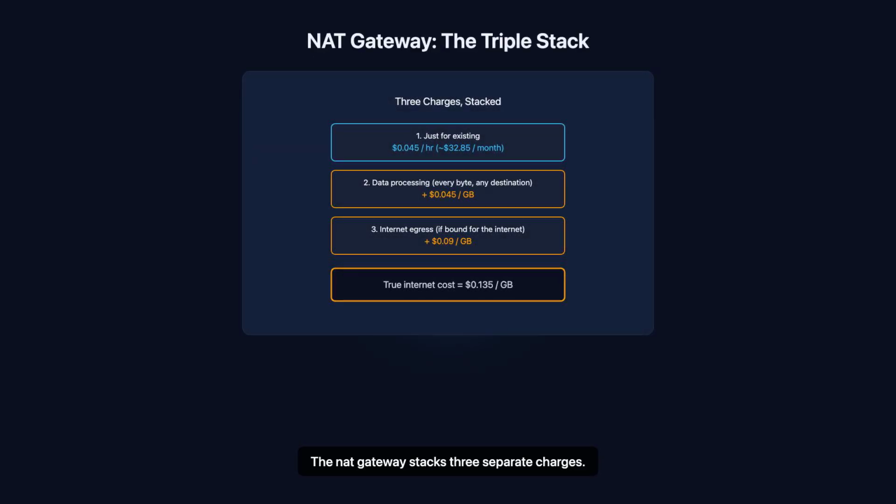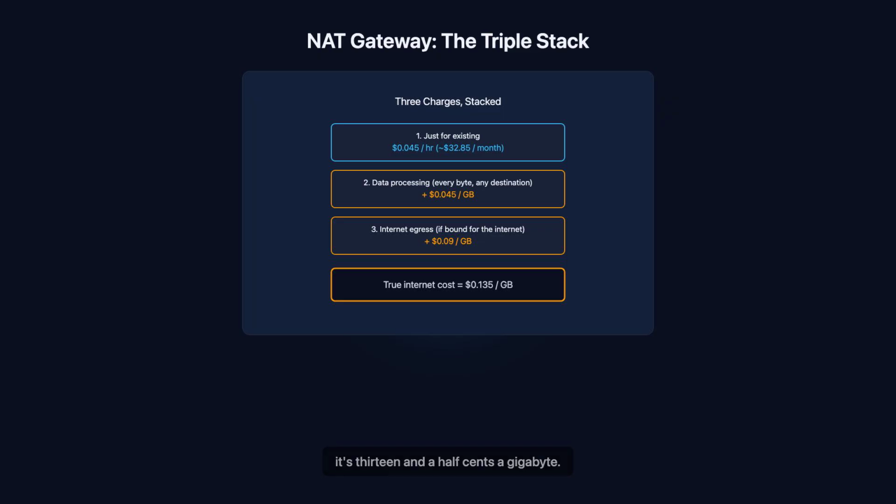The NAT Gateway stacks 3 separate charges. First, it bills 4.5 cents an hour just for existing. That's about $33 a month before anything moves. Second, it adds 4.5 cents for every gigabyte it processes, regardless of where that gigabyte is going. Third, if the traffic is bound for the internet, the standard 9 cents a gigabyte egress charge stacks on top. Add those last two together, and the true cost of internet-bound traffic through a NAT gateway isn't 4.5 cents, it's